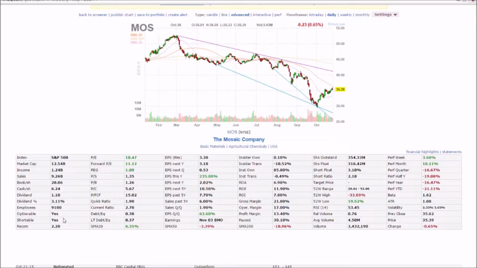Okay, it's optionable, it's shortable. Price to earnings growth is 1. Price to sales 1.35. Price to book 1.26. We can see that the quick ratio is quite high, 1.9. Current ratio is 2.7, which is really good. So they have a lot of cash on their account. Debt to equity is only 0.38, and long-term practically the same. So it's really good. They still have some debt, but I wouldn't say it's a huge amount of debt compared with some companies.